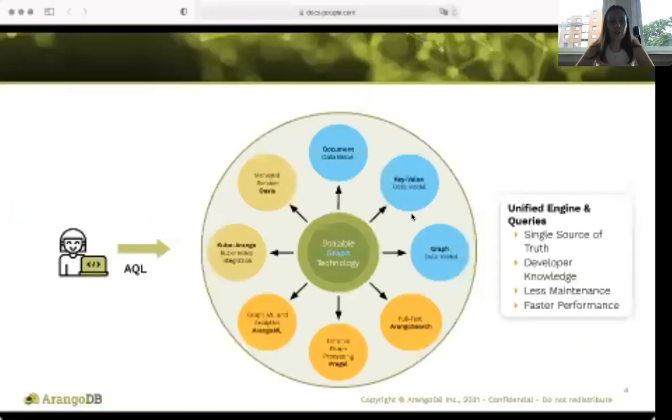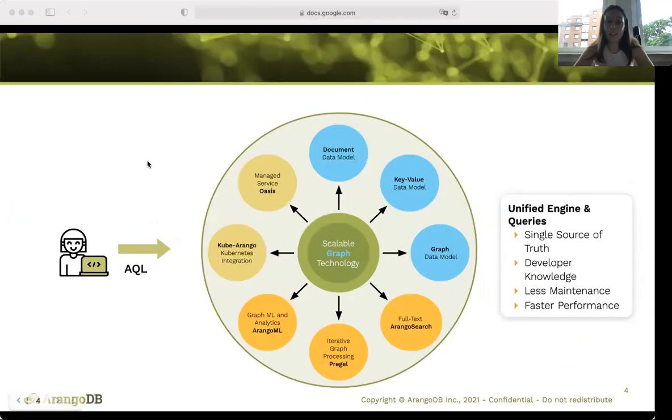So just to start off, I'll give a brief overview of what is ArangoDB. ArangoDB is a native multi-model graph database, and it allows users to support multiple data models such as key values, documents, graph, and SQL all at the same time while running in one system. So basically ArangoDB is running multiple data models that all run together and only require one query language to function.